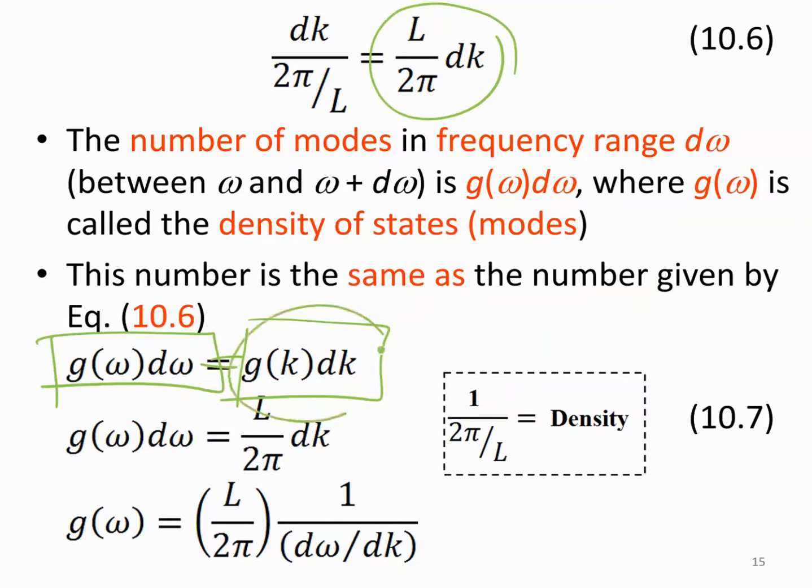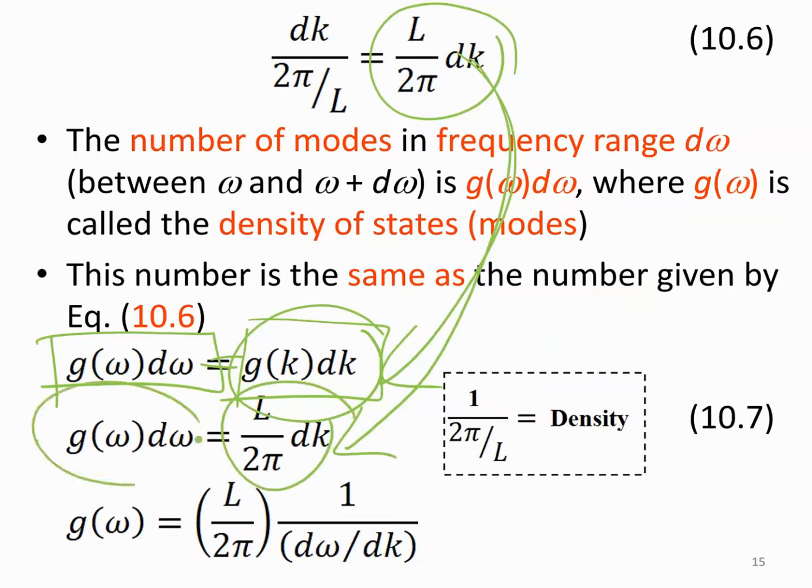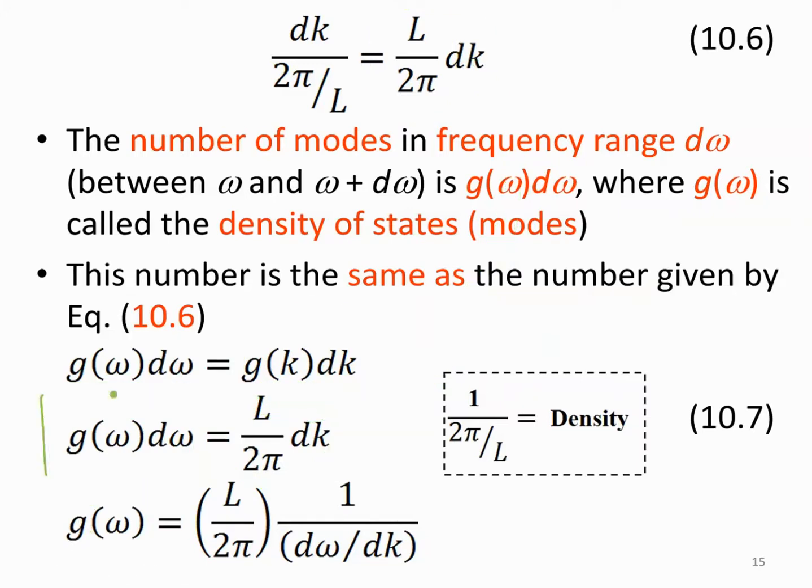So we substitute this with equation 10.6: the number of modes in the angular frequency range equals L over 2π dk. So now, based on this equation, when you rearrange it, you'll get g(ω)